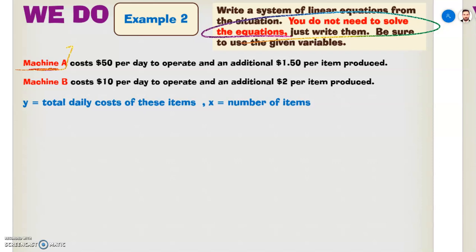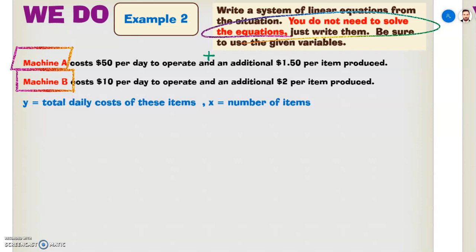Let me repeat it. Machine A costs the first equation, and machine B costs the second equation. For machine A, it costs $50 per day to operate and an additional